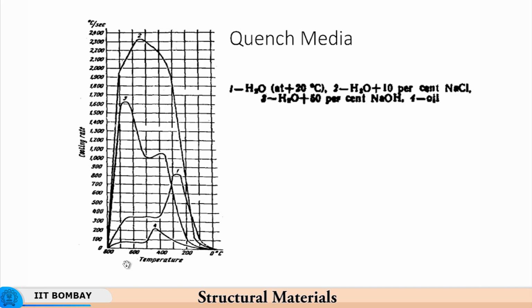And so, again one has to use judgment about not only the cooling rate, but also the reactivity of that addition with the material you are trying to quench and harden. Sodium chloride is a salt of sodium ions and chlorine ions. Chlorine ions are highly reactive in nature. So, you can have corrosive effects if you leave the steel for a very long time in salt water. Similarly, sodium hydroxide can attack the surface of steel in case it is left for